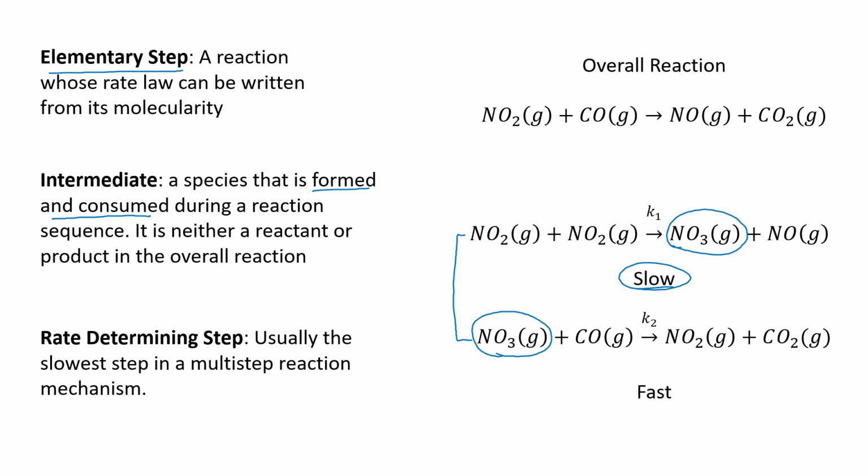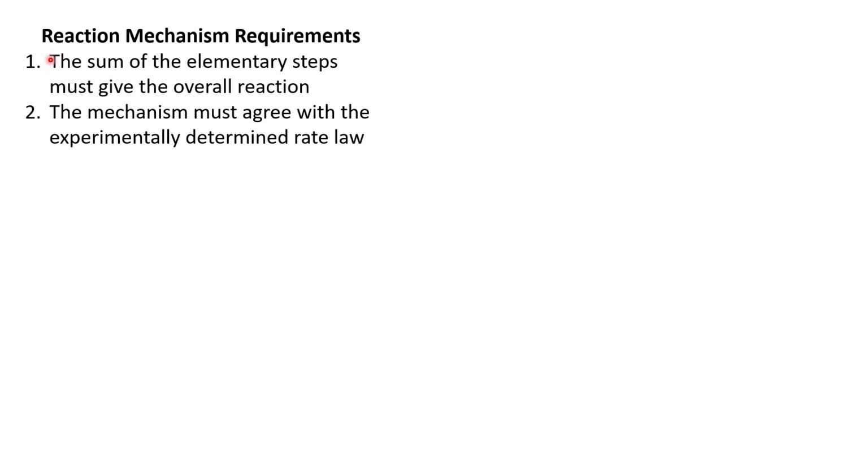Well, we have two criteria that we're going to use. So let's take a look at those. The first criterion is that the sum of the elementary steps must give the overall reaction. This makes sense, right? The second requirement is that the mechanism must agree with the experimentally determined rate law. So you need to know what your data says the rate law is, and then make sure your mechanism matches up with that. So let's go through both of these requirements again for this overall reaction that we started with